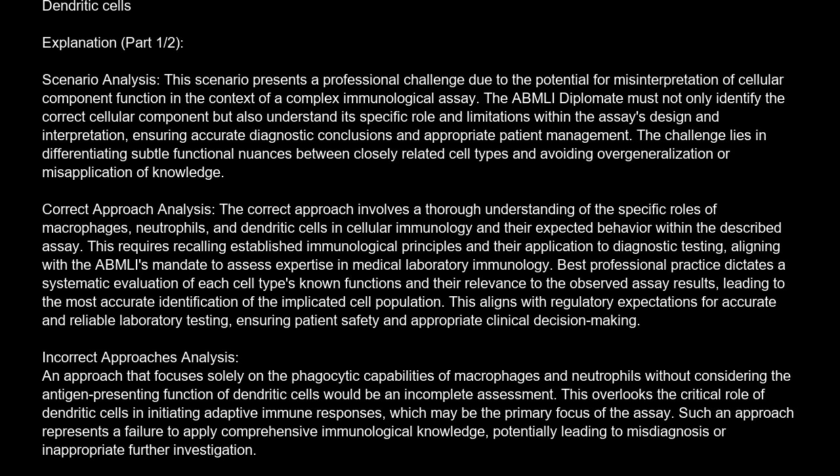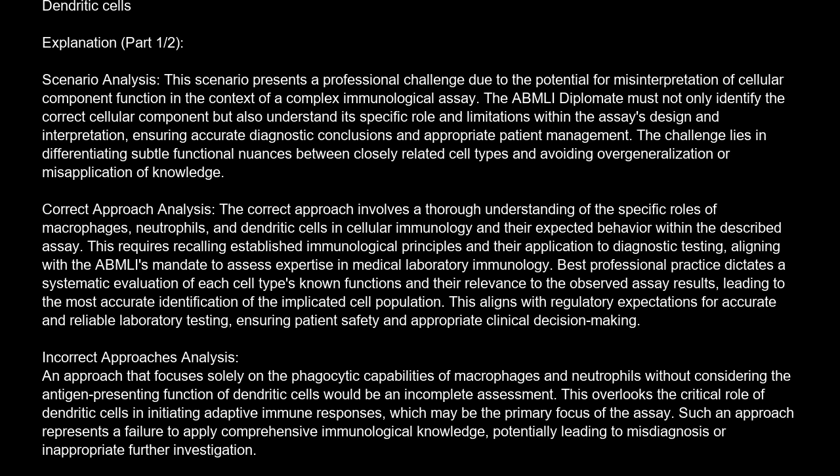Incorrect approach analysis. An approach that focuses solely on the phagocytic capabilities of macrophages and neutrophils without considering the antigen-presenting function of dendritic cells would be an incomplete assessment. This overlooks the critical role of dendritic cells in initiating adaptive immune responses, which may be the primary focus of the assay. Such an approach represents a failure to apply comprehensive immunological knowledge, potentially leading to misdiagnosis or inappropriate further